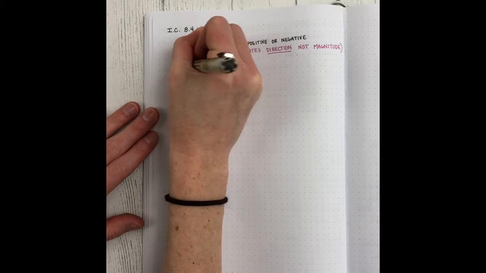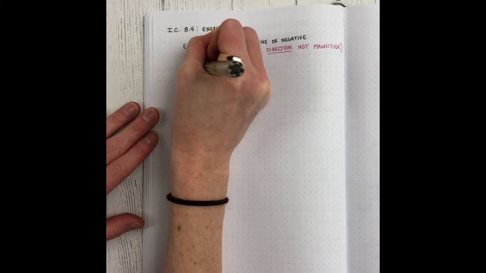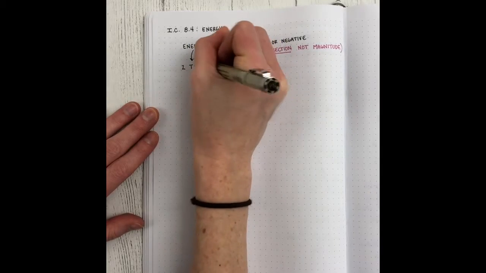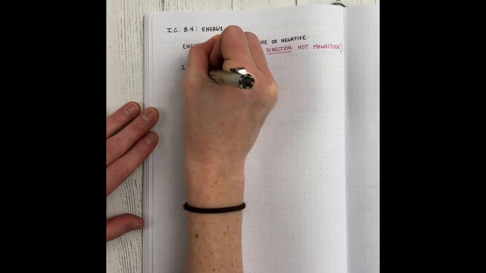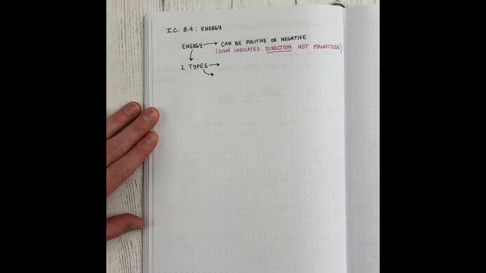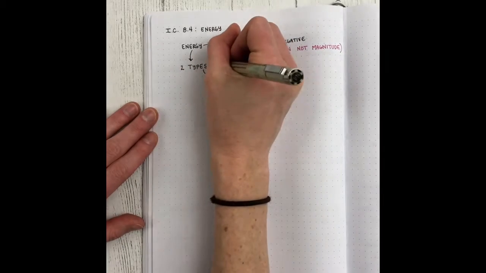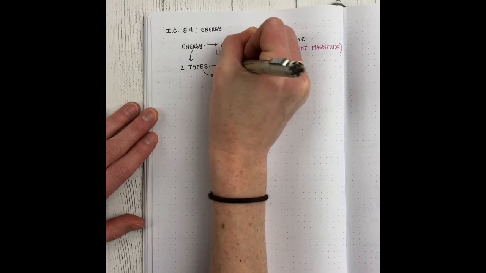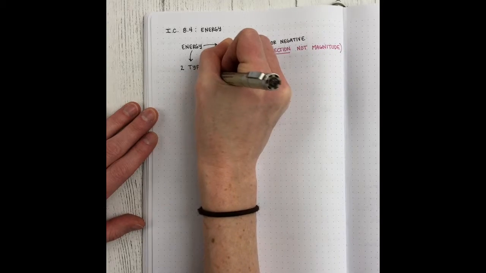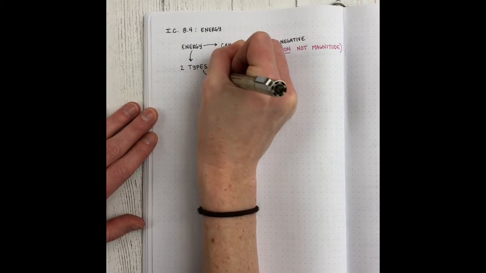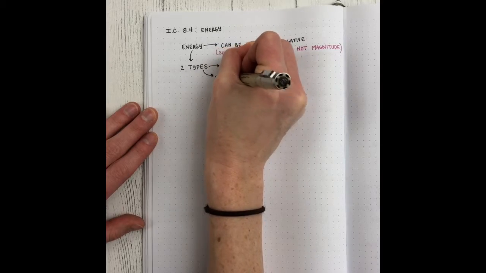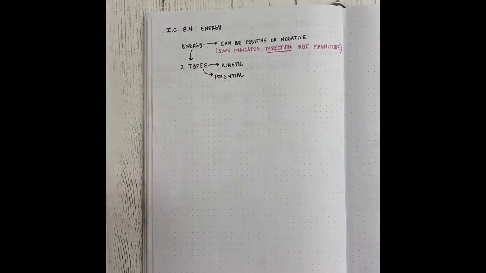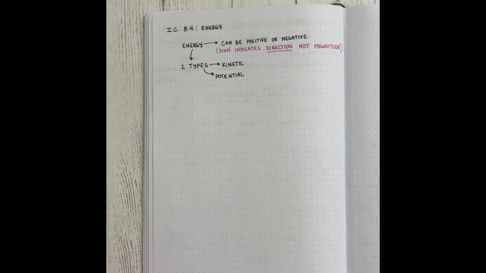There are two types of energy. There's kinetic energy, and there is potential energy. So two types of energy, kinetic energy and potential energy. And we'll start by talking about kinetic energy,